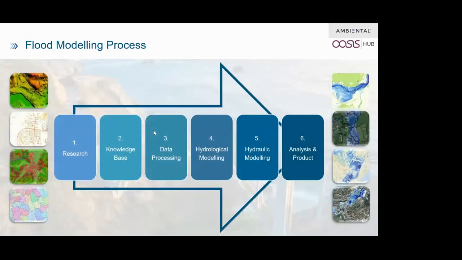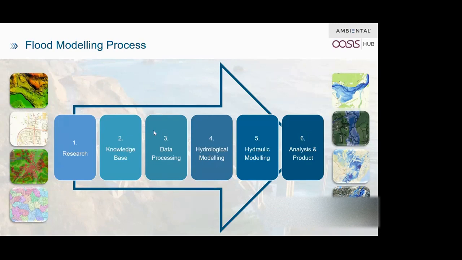Thank you. So firstly, I wanted to provide an overview of how we approach flood modelling at Ambiental. Whenever we initiate a project in a new territory, we follow this process, which starts with a research phase and ends with a final flood hazard mapping product. One of the first steps is to conduct extensive research to gain an understanding of exactly what data and information is already available and how we might develop a flood model in this territory. We obtain this information from a range of sources, including government agencies, data suppliers, academic literature, media reports, and so on.